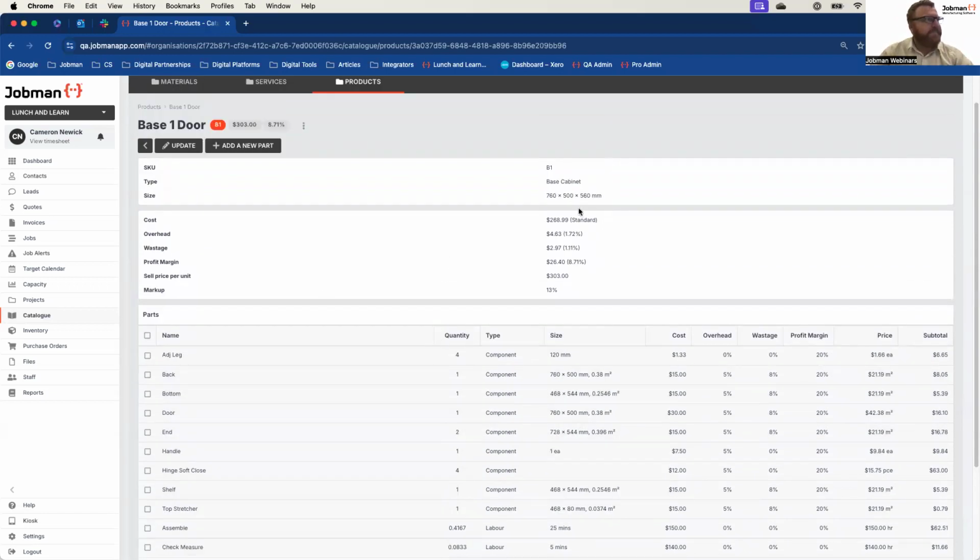So that's part one. Part of that you'll notice is that this product has a size. The size of the initial product itself is fairly irrelevant, although putting something in that makes sense as a good standard will help you when you're just judging the numbers. And what I mean by that is Jobman is smart enough, even at this point, even though we've just produced the product, to actually tell you based on these numbers using what we call the standard inclusions, and I'll show you those in a second, with our profit aggregated, what would this sell for?